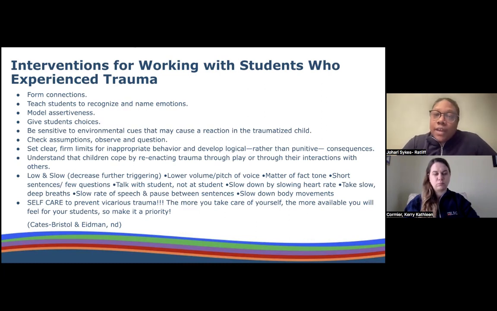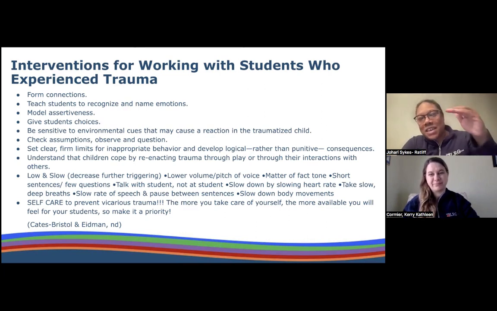Teaching children to recognize and name emotions. I think that as adults, there's worse things, but I always say it very loosely: it's nothing worse than an adult that can't name their emotion. They're just angry and they don't know how to problem solve and don't know how to use conflict resolution to work through it. They're just angry. These are skills we teach our students and our children as early as 3, saying, oh, are you frustrated? Are you angry? Are you mad?